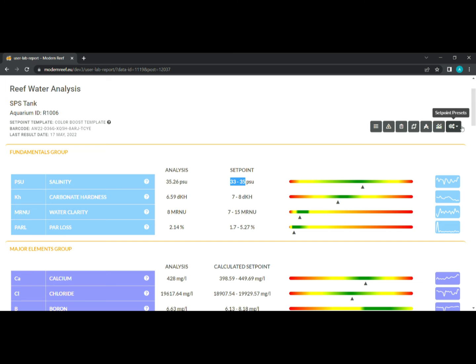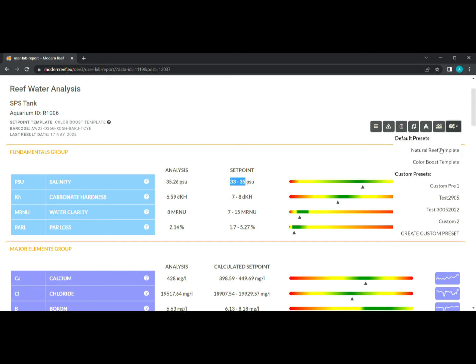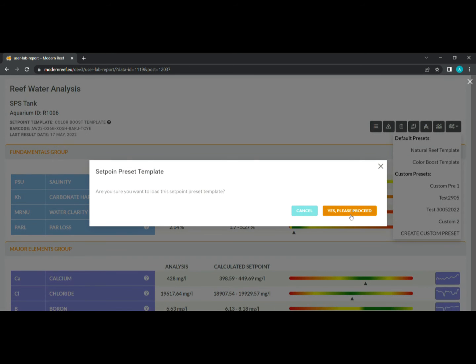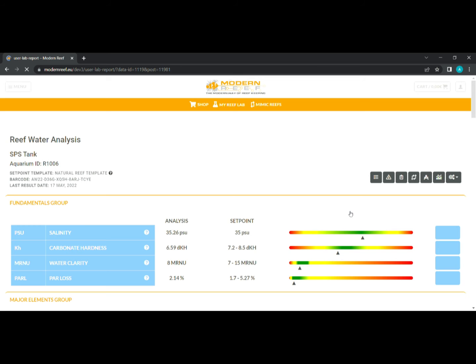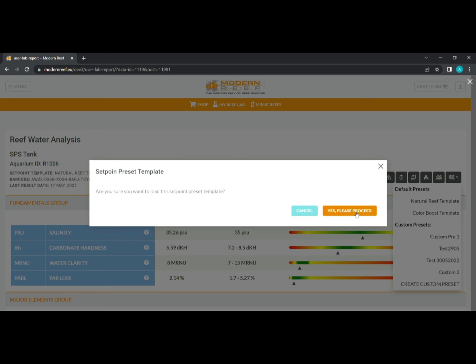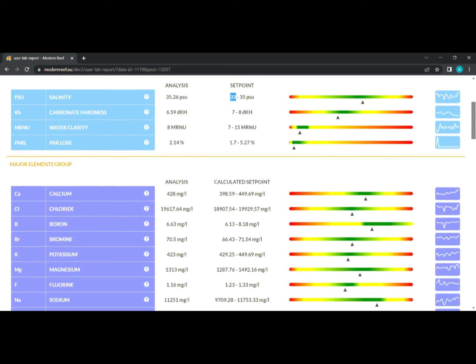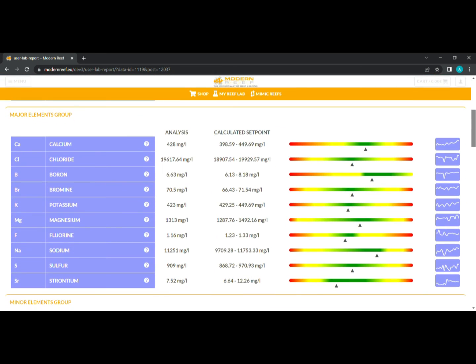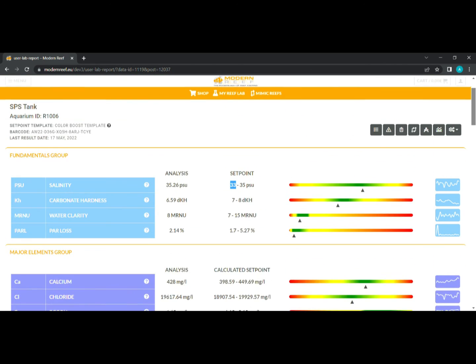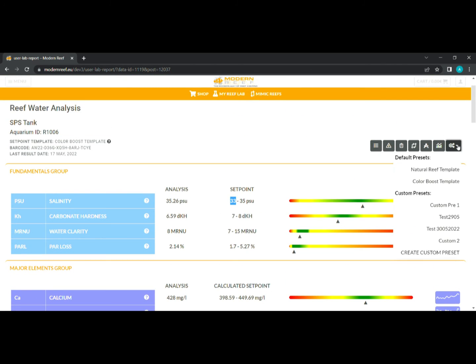Again, this is only an example. If you take, for example, natural, it will be, I think, 35. You see, it will change these values. If you take color boost, depending on what you want, it will change other values. As you can see in here, this also changes. Of course, this is completely testing and nothing is real still now. It will be ready, I think, in 1 week. Anyways, another thing is